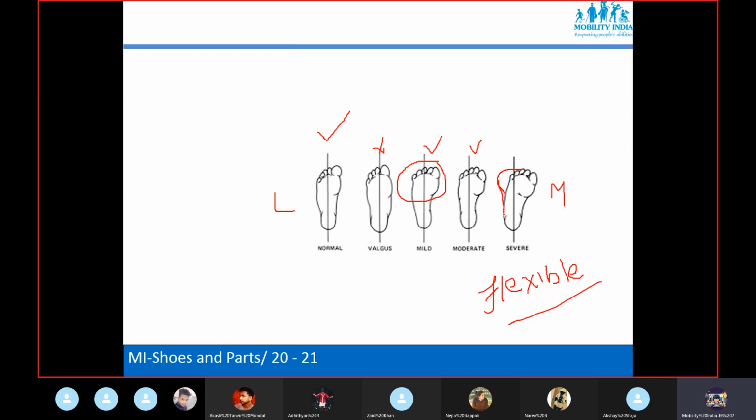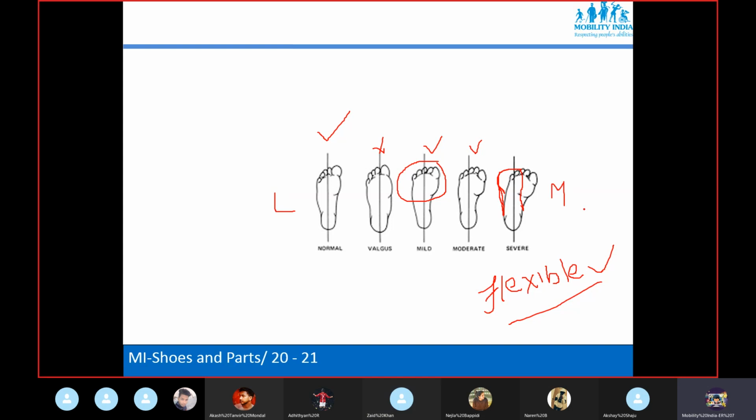What will happen if we use an out flare shoe last? Can we correct the foot? If the deformity is flexible, it is possible to correct it with the footwear.